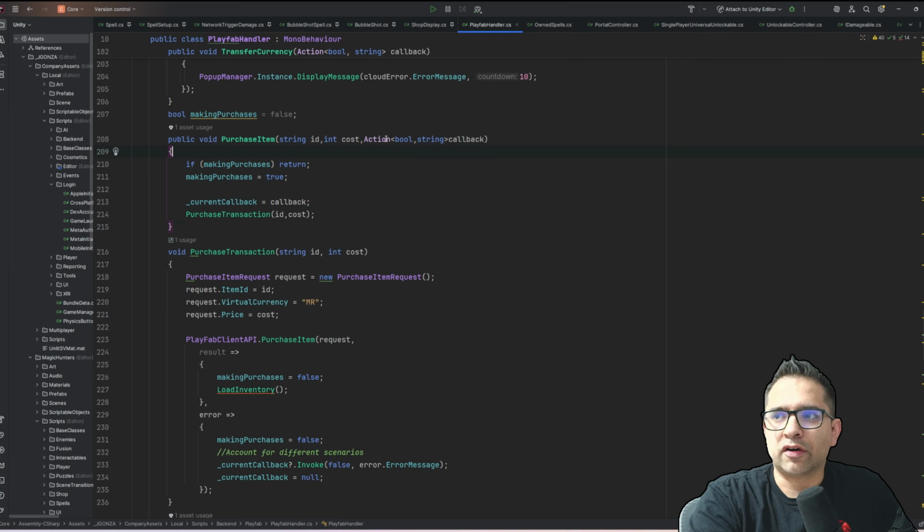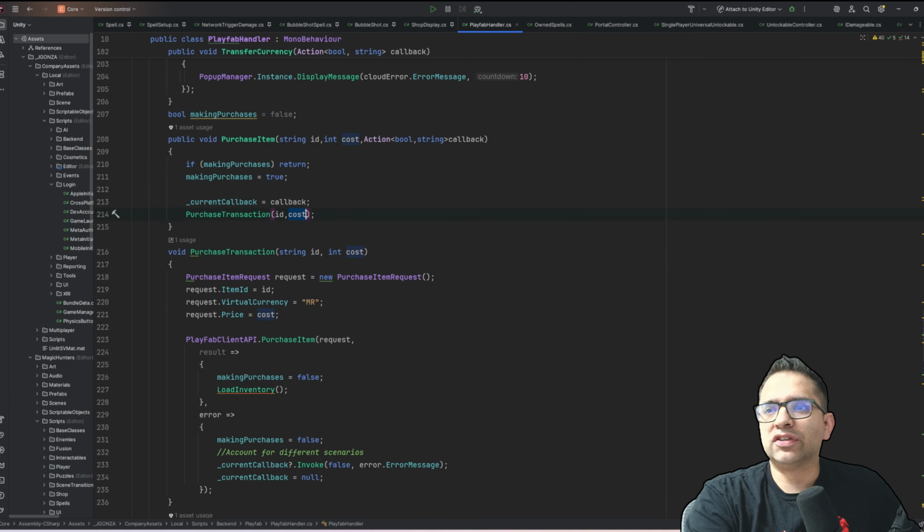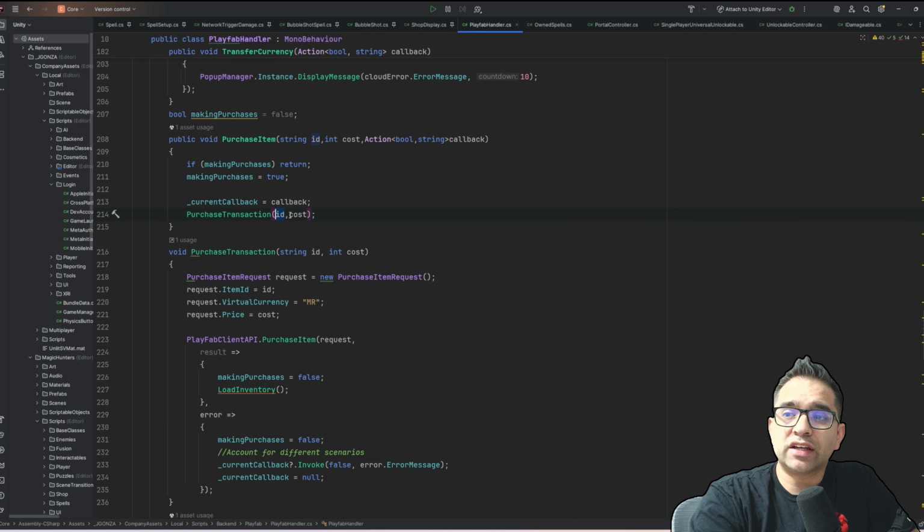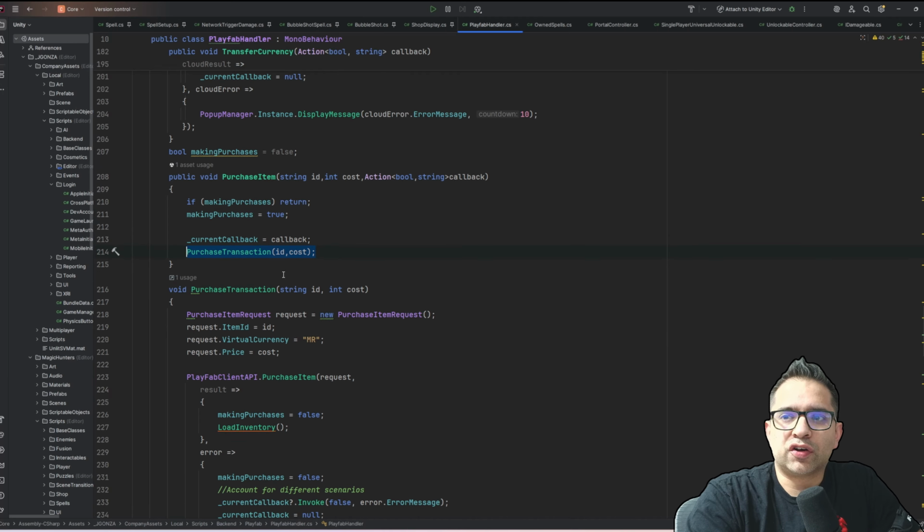And the hacker. Even so, you'll just say, but we're making a purchase. What is this, the cost? Let's say the player decides, I want this to cost 0 and I want to buy this item. Technically, they could write whatever item, as long as they know it exists, right? And they can give the cost. The problem with